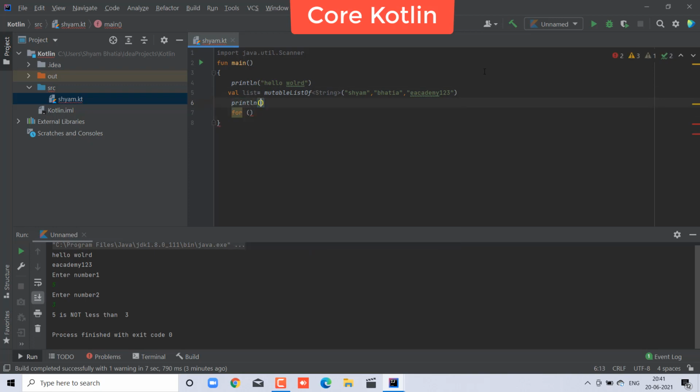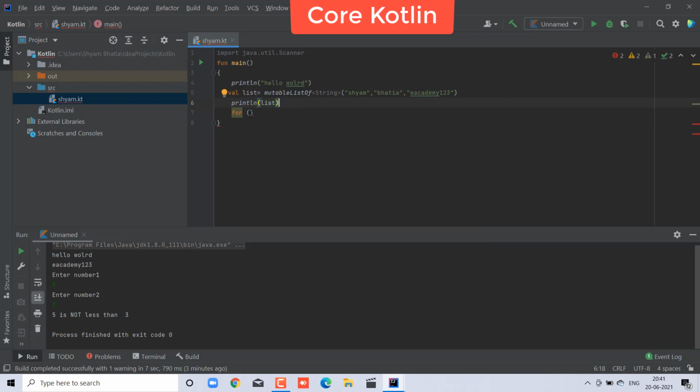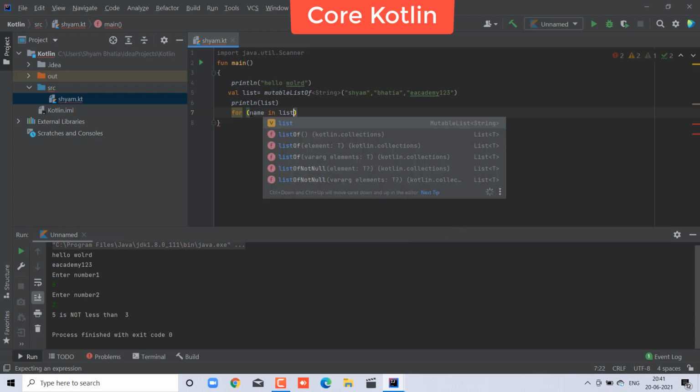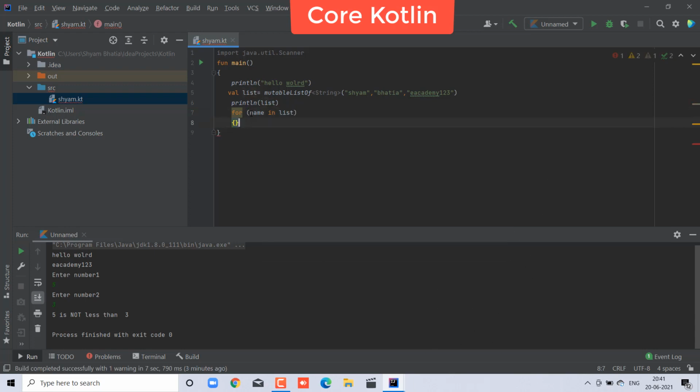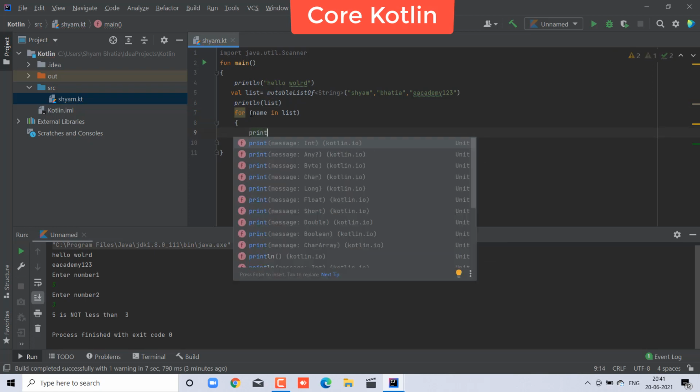Just go to the println, and inside you will print the list. Okay, this is the list. First of all, your list will display, and inside the for loop, let's take name or element, what in the list we are taking from the list, and it is the for loop body.